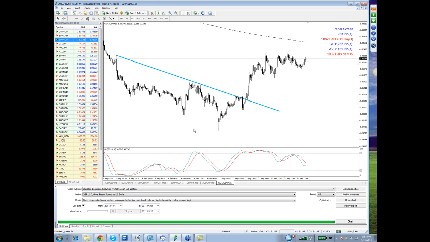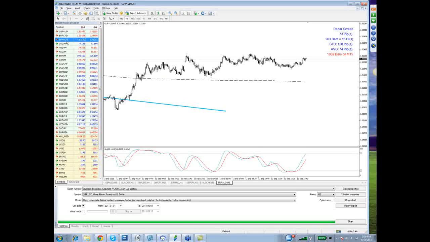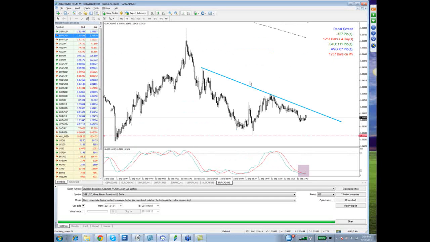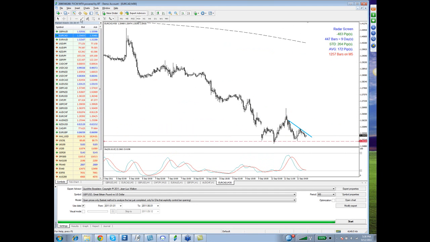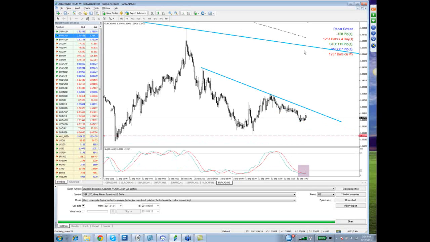And the Euro CAD is an example of one that's just getting set up and is still ready for you to consider. And I like it a whole lot. I wouldn't take it until this trend line is broken. But after that point in time, it'd be game on for me. I'd have no problem whatsoever taking that trade. And if we look a little bit longer term, Scott, you can even see that there's another trend line on a little bit of a longer term chart that matches up quite nicely with the position of the 800 period simple moving average right now.